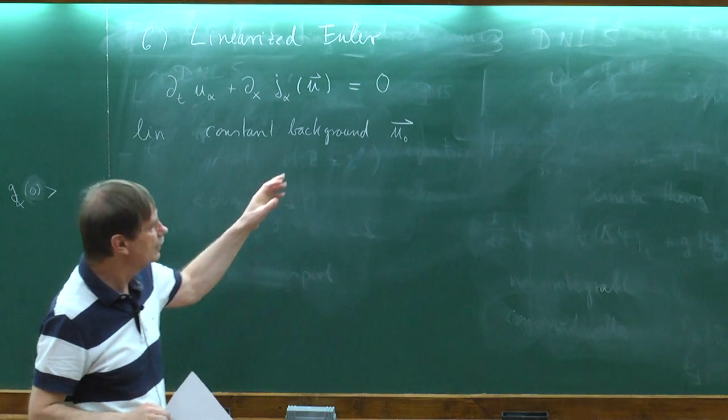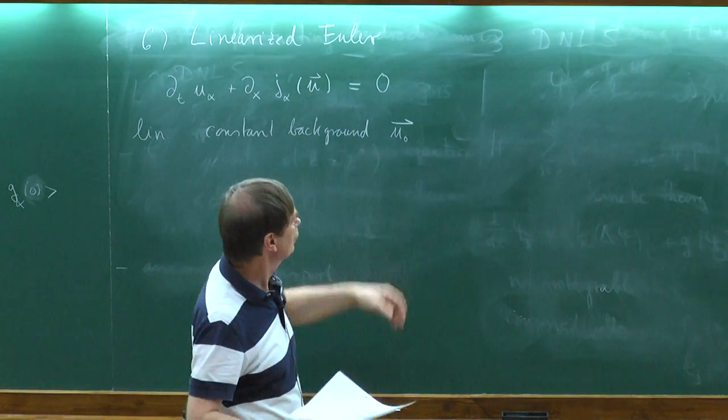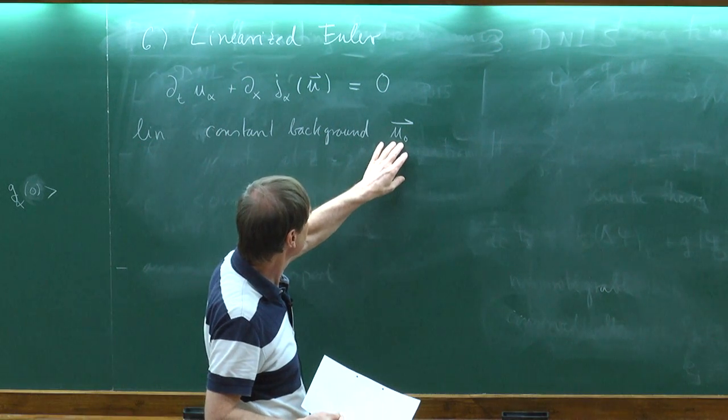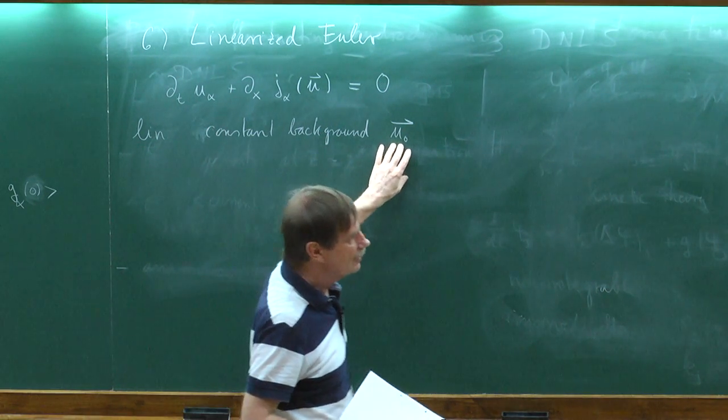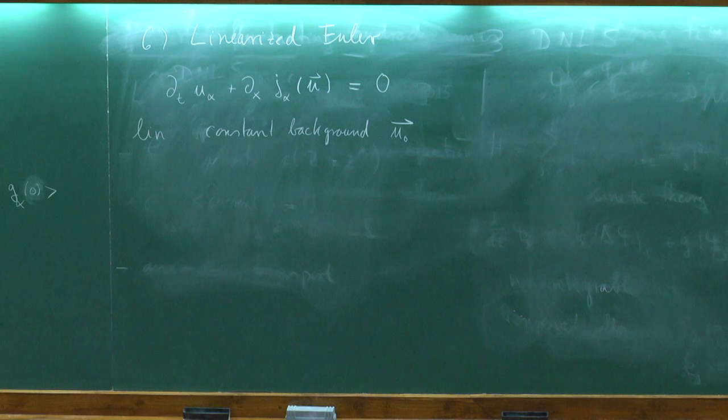You just have to remember that at some stage I pull it out of the head. Everything will depend on the background, which simply means that the background is fixed by saying that I want to compute this function at particular background values, right? So this is fixed all the time.